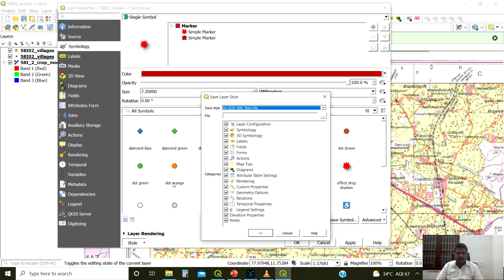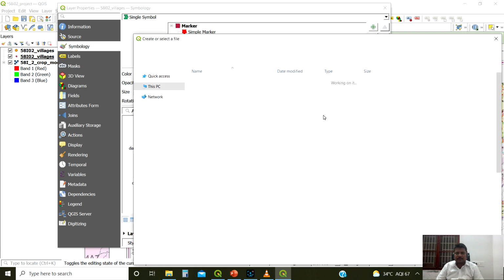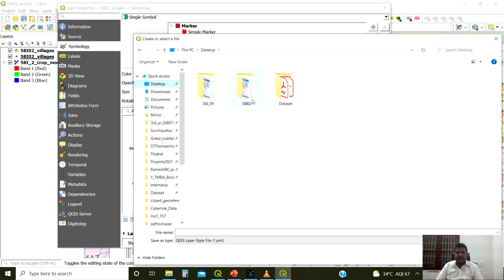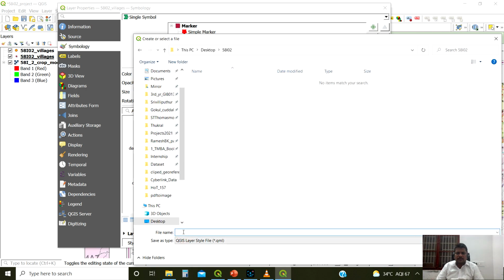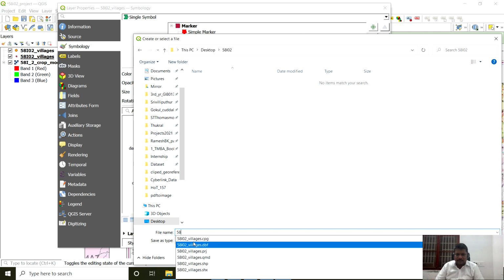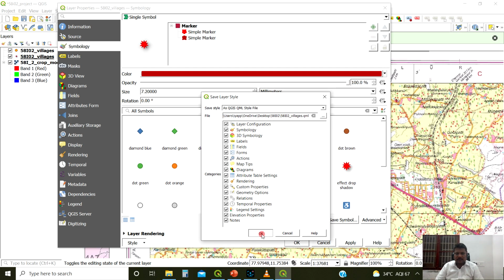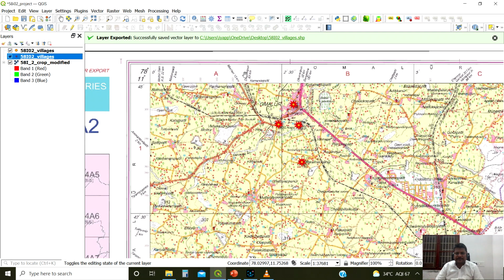You can save the style in the same place where we saved the file, with the file name 58I02. You remove this extension, and give only QML, save it and give OK. So next time if they open this file anywhere, the same symbology, that style, may appear.